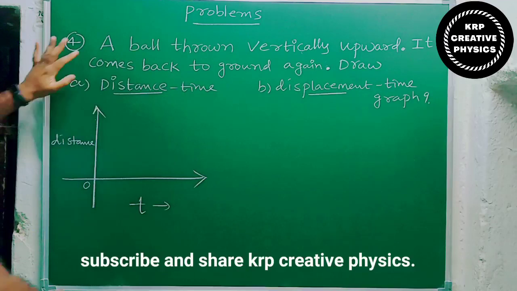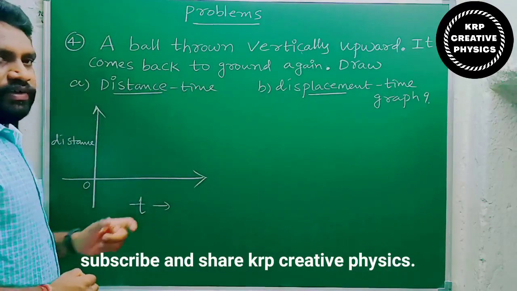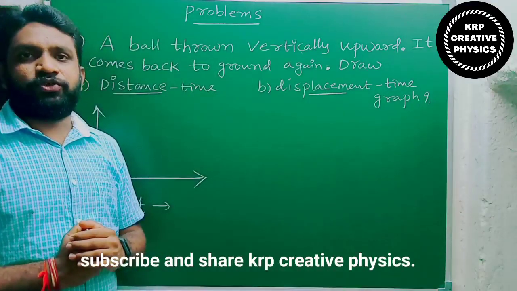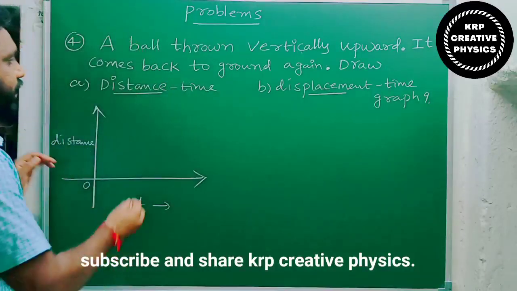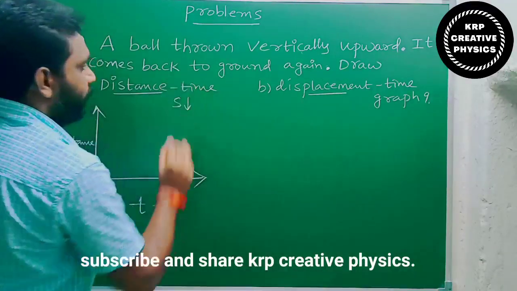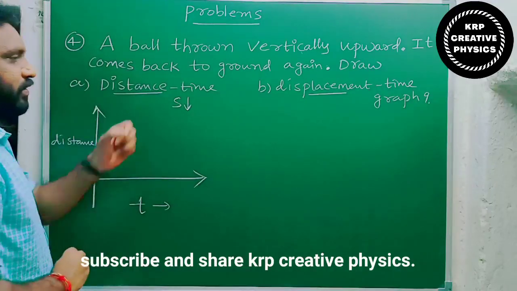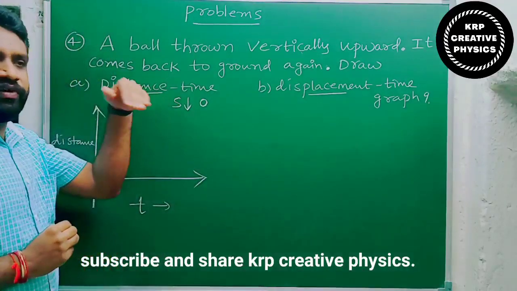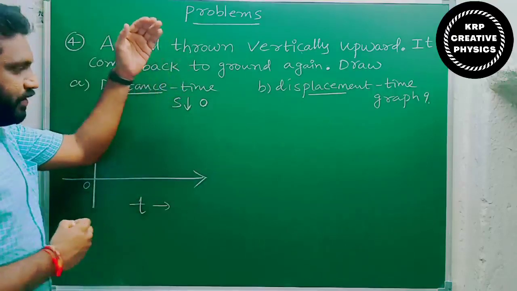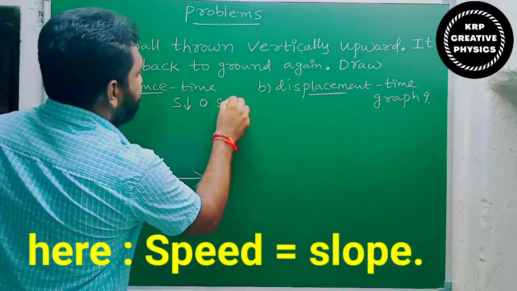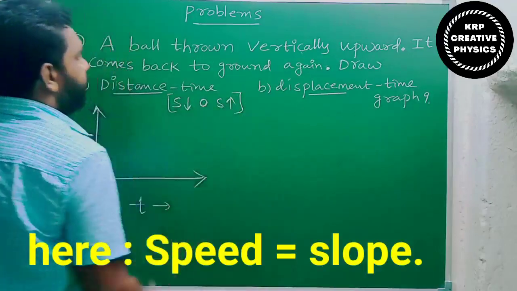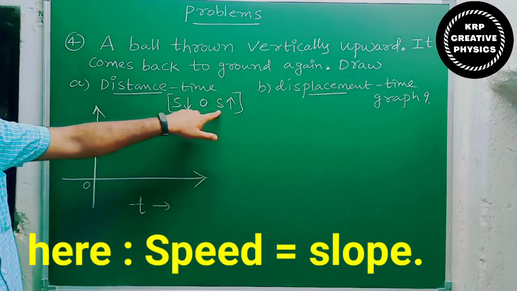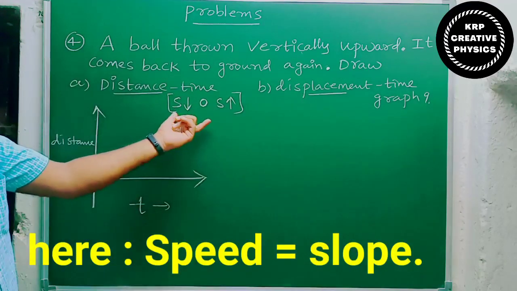Okay, right. So first, a ball thrown vertically upwards. When it is moving upwards, its speed continuously decreases. You know that one. Now this is what you should remember. Afterwards, at the maximum height, its speed becomes 0. And again, when it is coming down, speed is going to increase continuously. First, its speed will decrease, then at maximum height, speed becomes 0, and when it returns to the ground, its speed continuously increases. So according to this, we need to plot the graph.